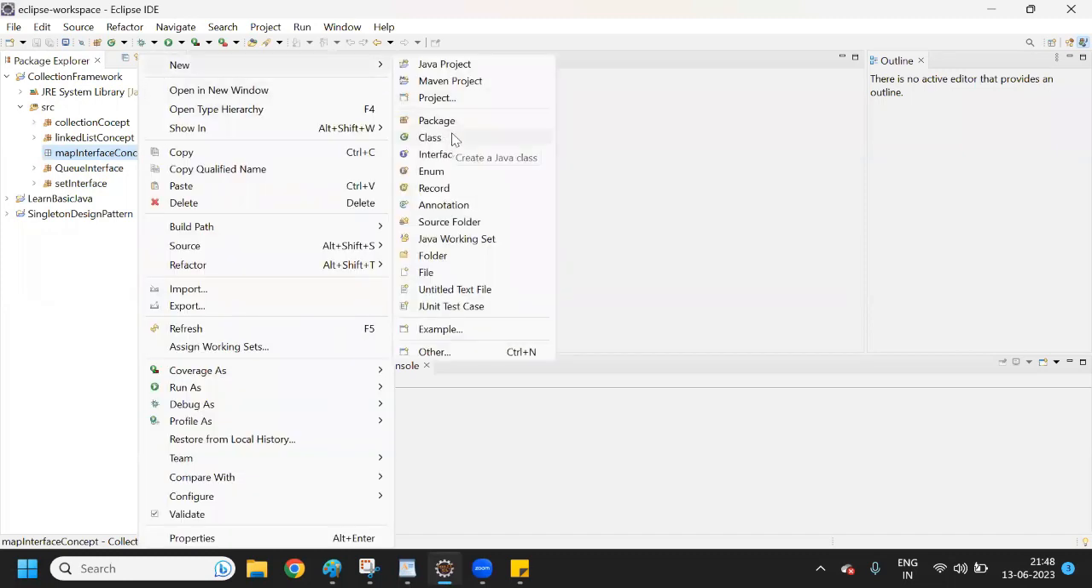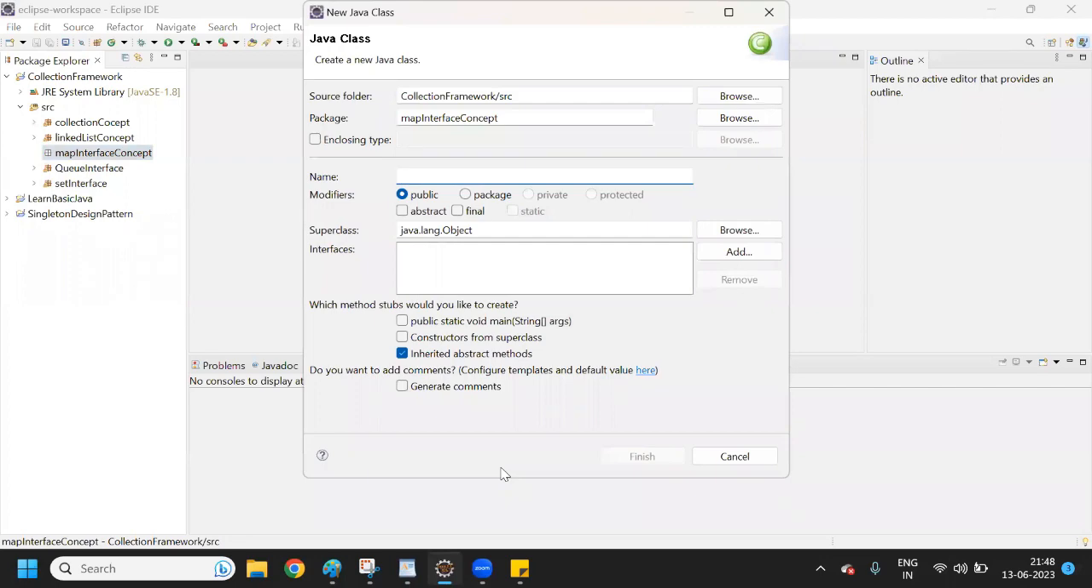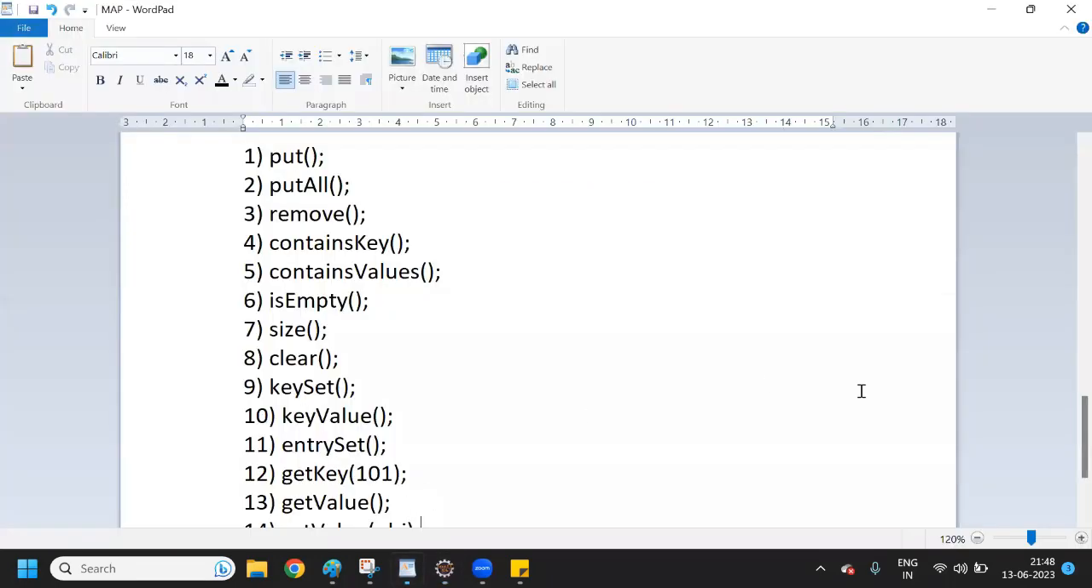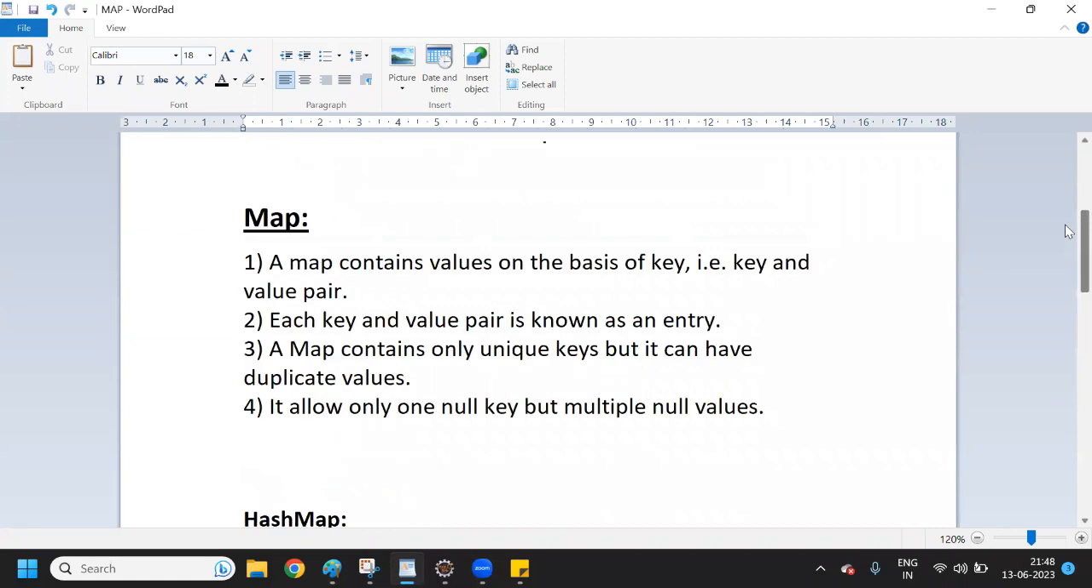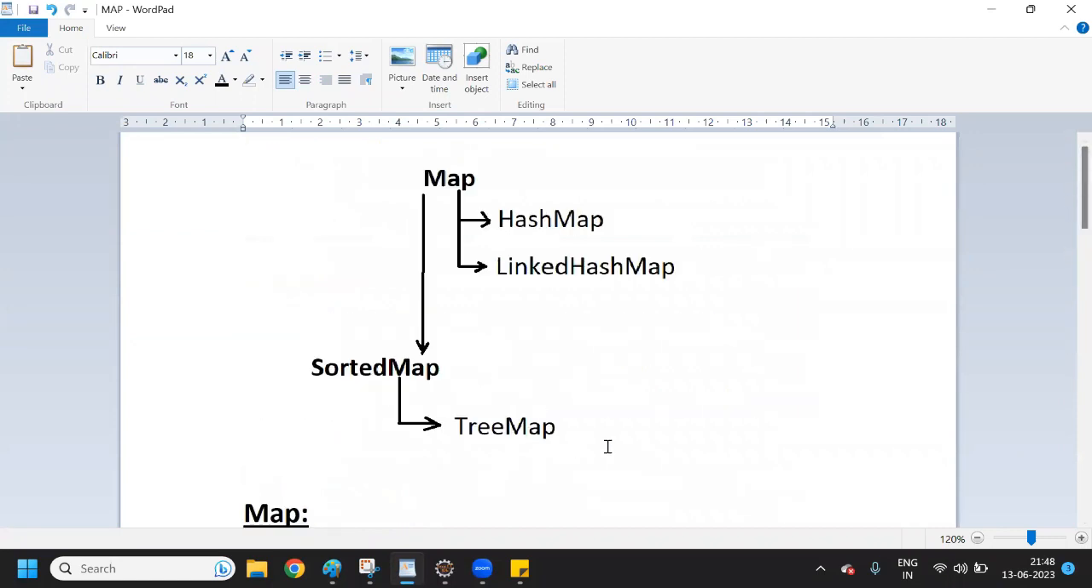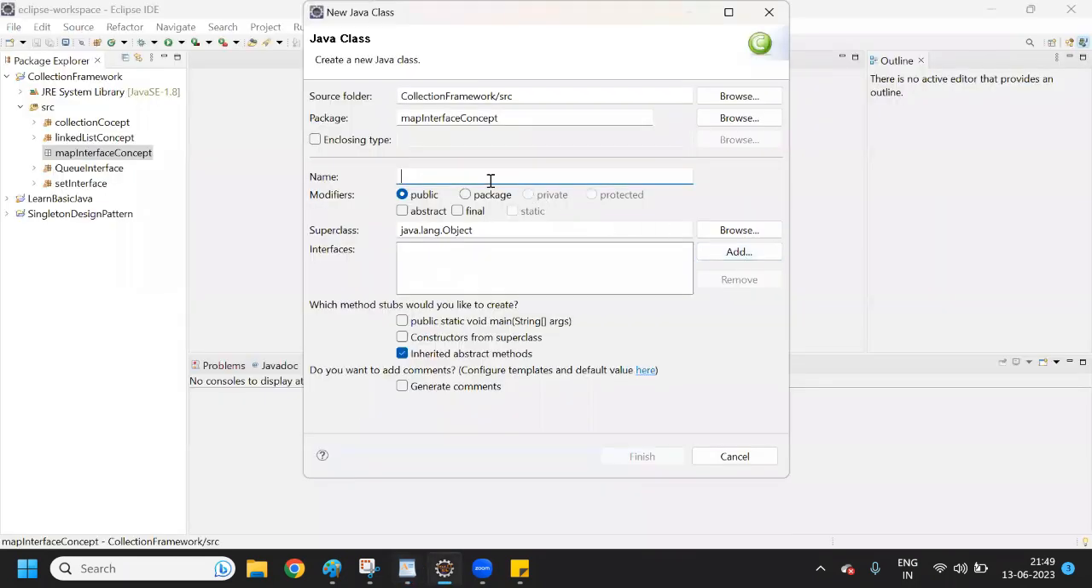Now I will create one class. So we have three classes, right? Map can be implemented by three classes: HashMap, LinkedHashMap, and TreeMap, right? As I already explained, methods will be the same in all three classes. So I will show you HashMap, and you can use LinkedHashMap and TreeMap in the same way. So today I will explain HashMap, right? I will create a class with the name of HashMapDemo,